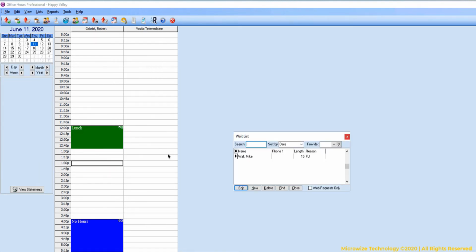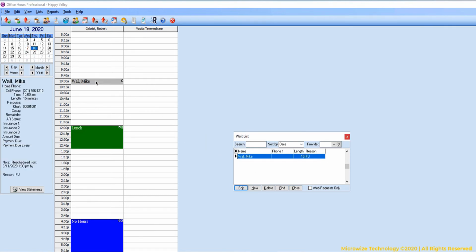and hit reschedule, what it does is it takes it to what's called a waiting list, and you move to the date that you want to reschedule it to. So maybe I want to move it to the 18th, and just drag and drop to the spot that you